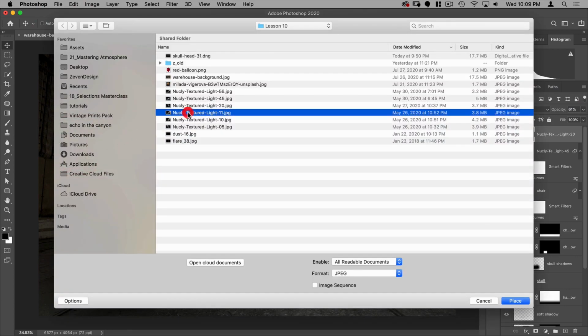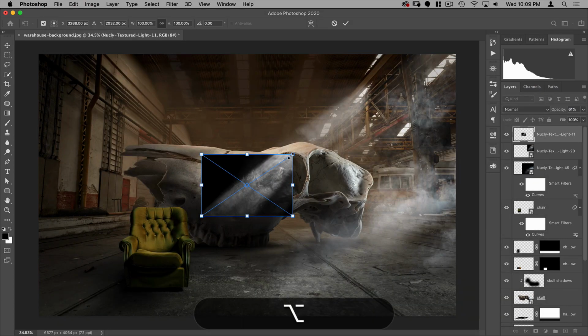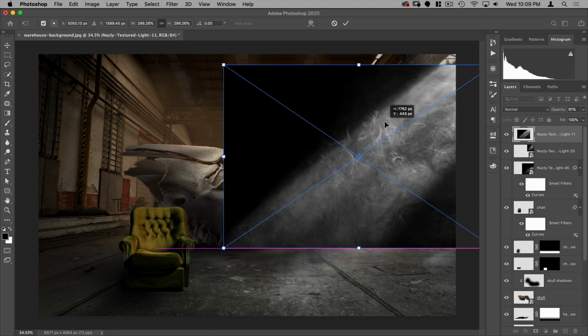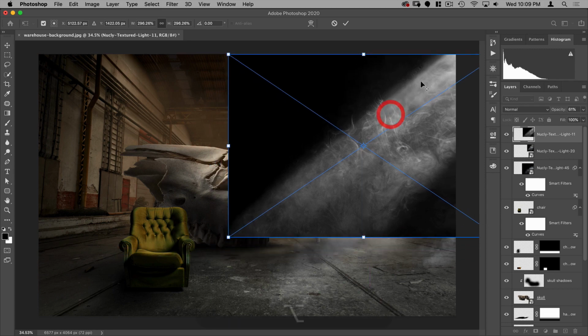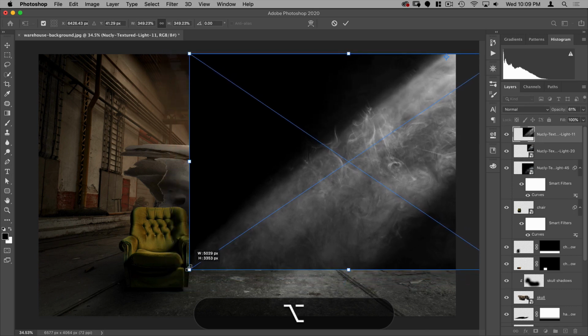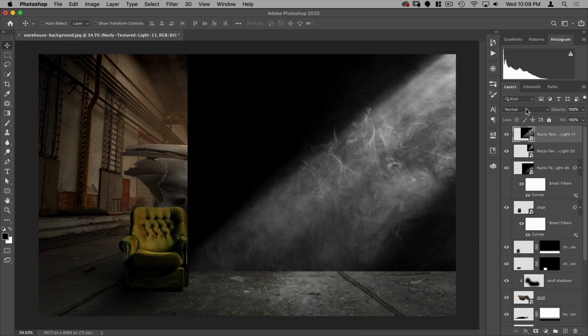Next, let's do File, Place Embedded again. And we're going to grab number 11. And this one will be our light source from this right here. So we'll put that so it looks like it's coming from there. And let's make this arrive to our ground here. So something like this. And let's put this on screen.